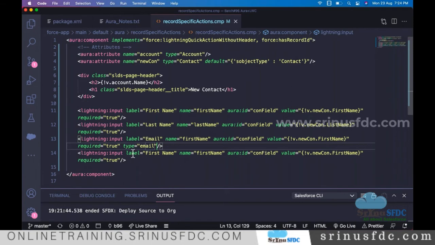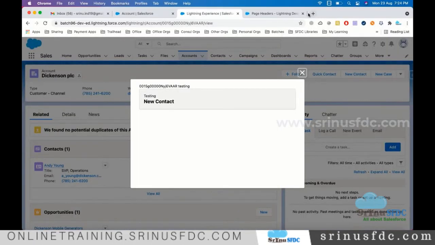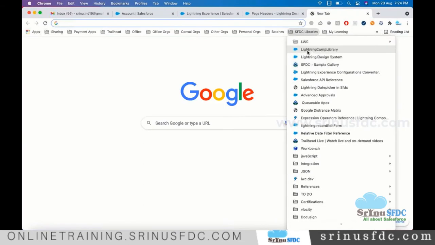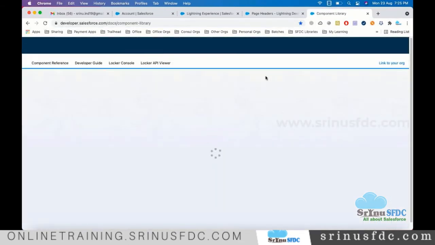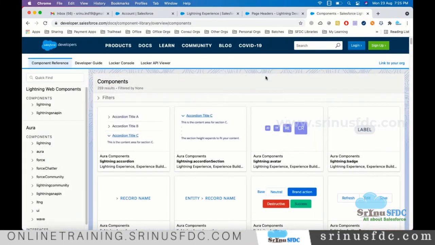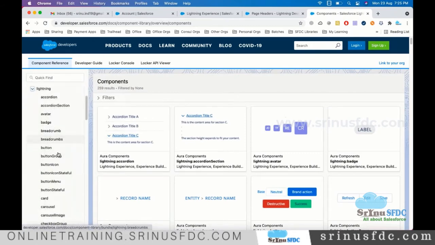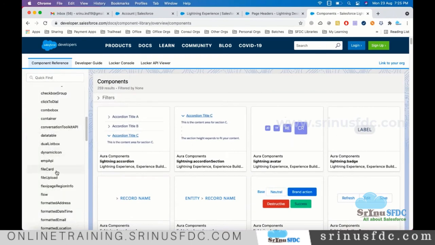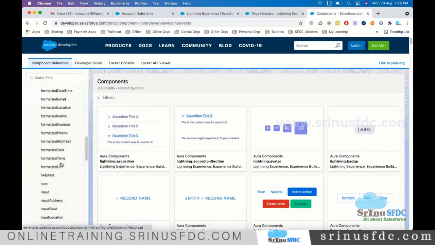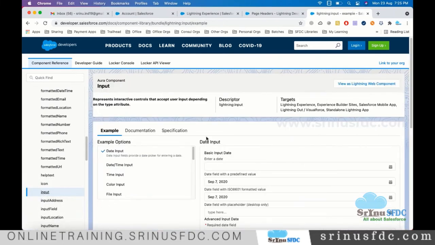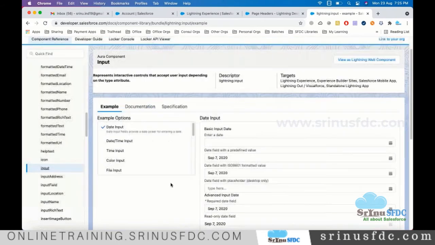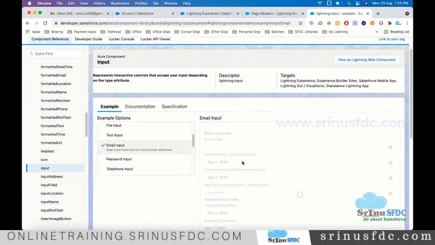If we don't know about this, we can go to the component library. It's always better to mention the type based on which type of input we are giving. Text is the default if you don't mention anything. But if you deal with email, currency or phone, it's always better to mention the type. If you don't know, we have the component library; we can look into that and get it.